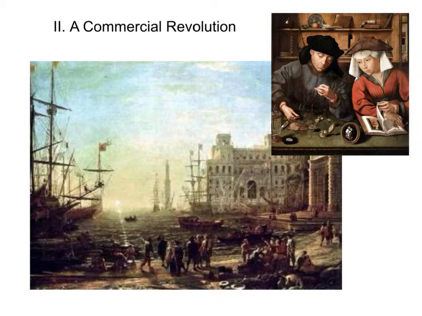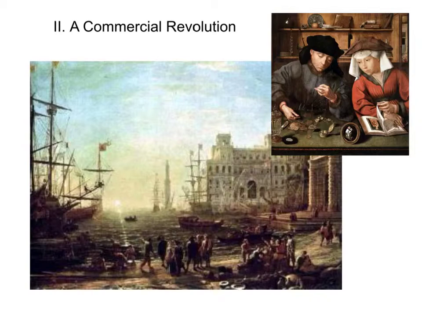And this means that prices began to rise dramatically because the value of money was going down. And so in order to get a profit, merchants would raise the price. So this became known as the price revolution, which led to a growth in what we call capitalism. And capitalism is basically a system of economy where the middle class has a lot of power, because they are able to use their wealth and reinvest it as capital to create more money. So, money working for you. That's kind of the concept.